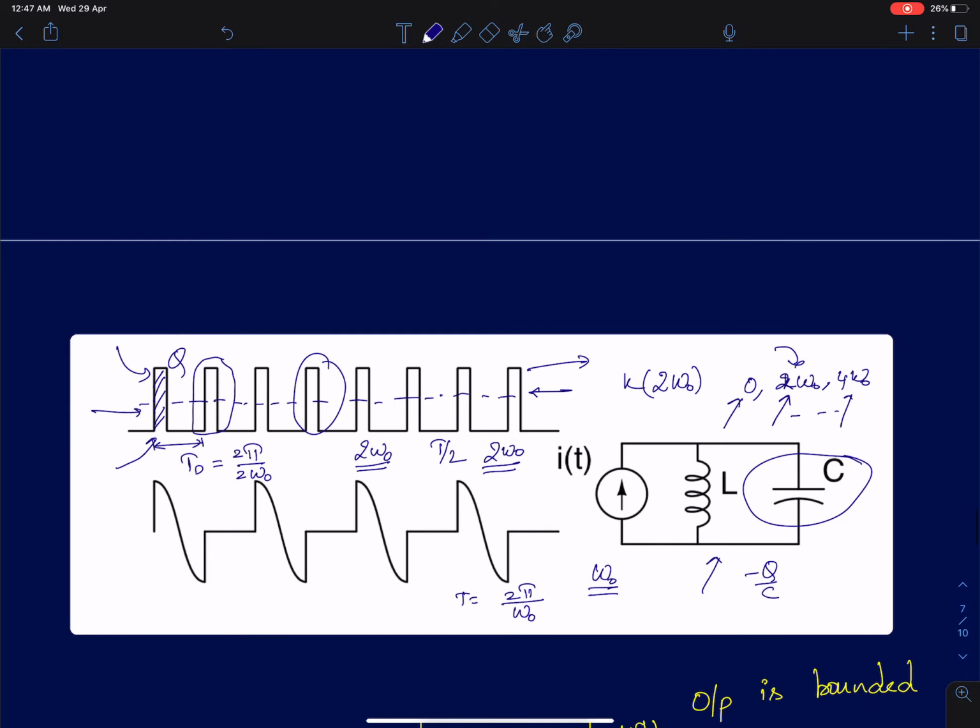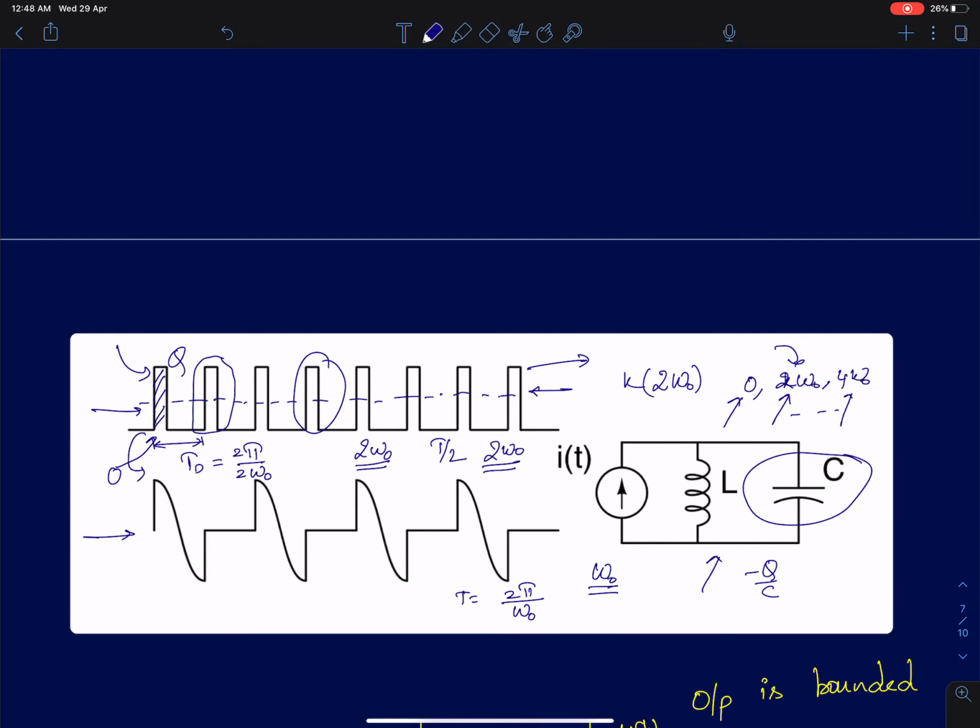Here I have drawn the output. In the first half cycle you are going to feed a positive charge, so the voltage will be Q by C. At the end of the first half cycle, you are again feeding a positive charge here. If you recall the previous example, we were feeding a negative charge. So the charge here is minus Q, and you are going to add a charge of plus Q at this point. The capacitor is going to absorb the plus Q charge, and suddenly it will come to 0. Then you should ask, okay, the capacitor had an energy stored in it.